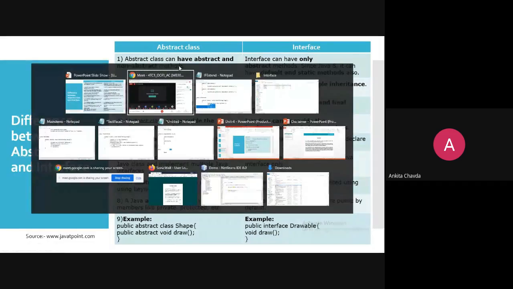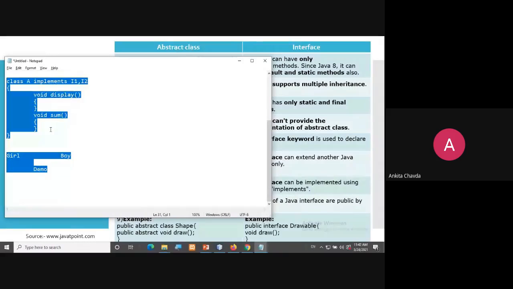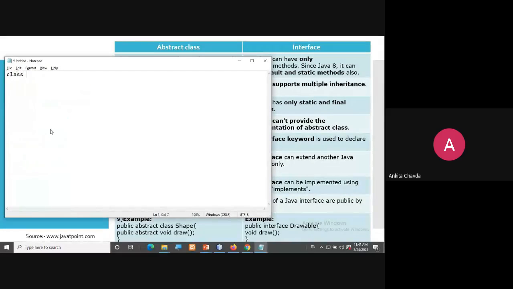Means if any of your class is abstract, like class A, which I have declared as abstract, it means that in this class A, at least one method is of type abstract. So I am having abstract void f1, that is one of the functions, where you are not defining it, you are only declaring.